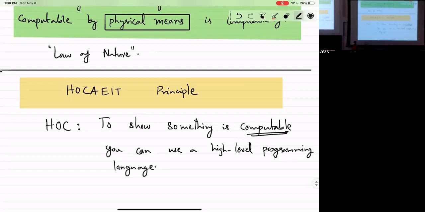Okay? If I ask you to show that something is solvable on a computer, is computable, you can use your favorite programming language to do it. Okay? Don't do it on the exam when I ask you to build a Turing machine. But basically, in principle, in the big picture, this is true.